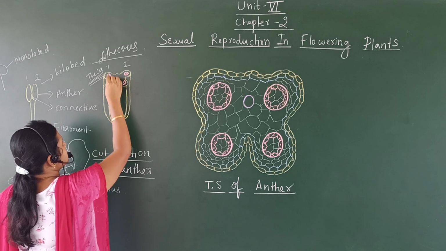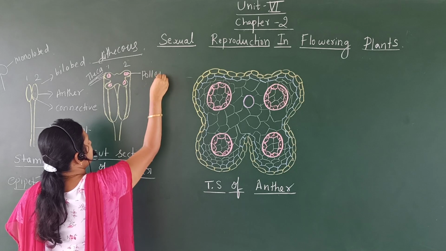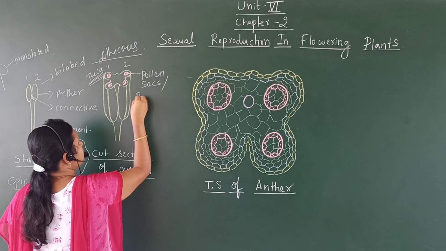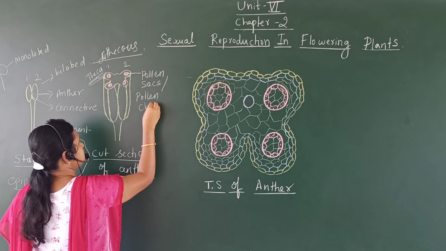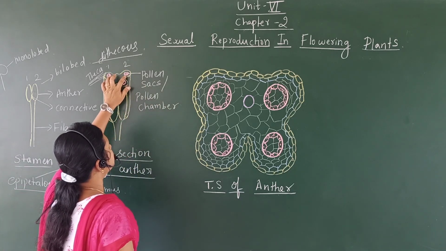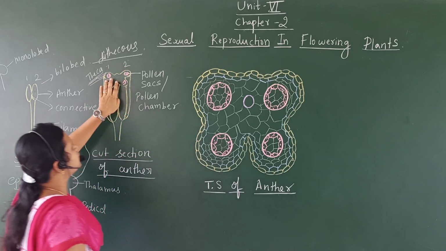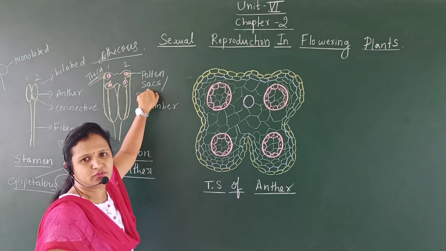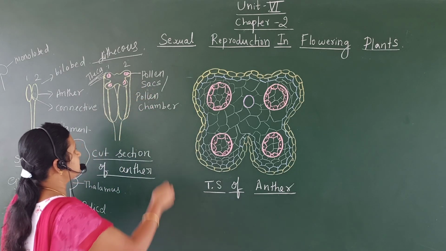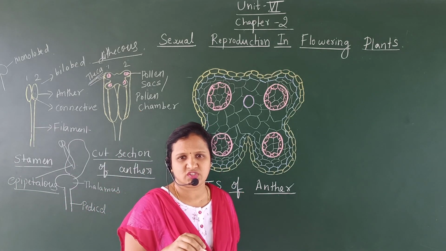And these tubular structures are nothing but tubes which will be filled with pollen, and hence they are called pollen sacs or pollen chambers. So inside these anther lobes, there will be two pollen sacs in one lobe, and two pollen sacs in another lobe. Totally four pollen sacs, because they will be filled with pollen grains, and hence they are called pollen sacs or pollen chambers. This is after maturity, when they are called pollen sacs or pollen chambers.